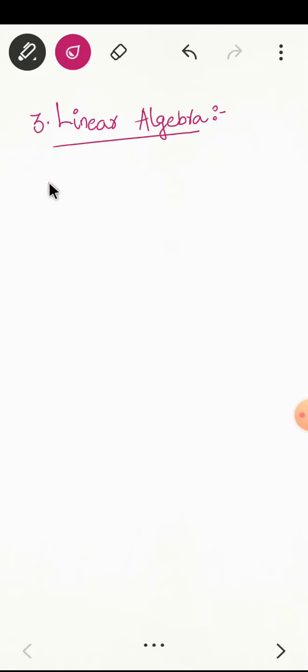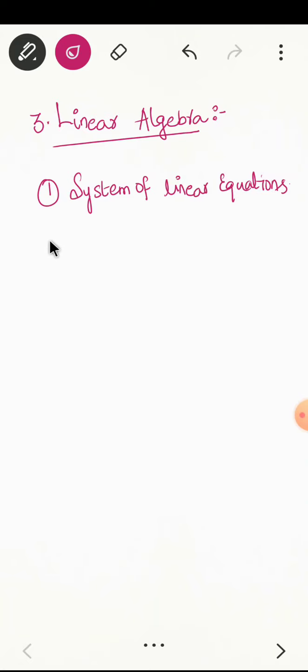Today let us start one more series, that is linear algebra. As I was saying, I will be dealing linear algebra after completion of numerical methods and differential equations. So the topics you have to study in linear algebra and the sequence is, first you should study system of linear equations. This is very important. Even though the basic for solving system of linear equations is rank, no need to worry. I will be taking you from initial, so no worries.